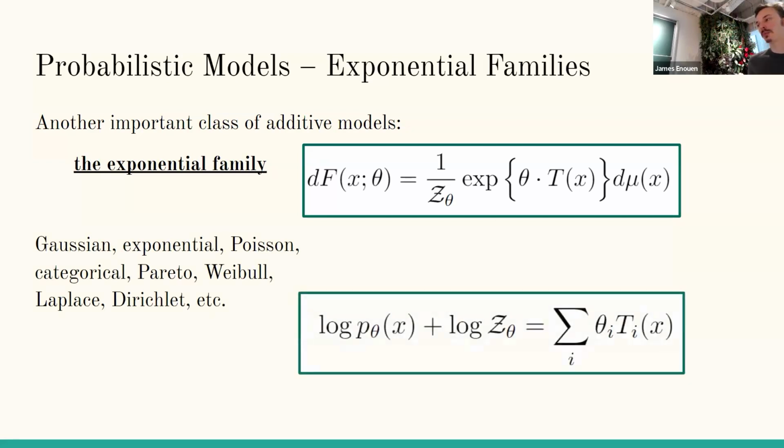And if you don't believe me that it is a linear model or an additive model, then let's take a look at what happens when we take the log probability and then ignore the influence of the renormalization score. Then we see that it's just our theta I parameter multiplied with our T I feature, or in statistics, it's usually called the sufficient statistic. But we can just think about this as features multiplied together with our parameters.